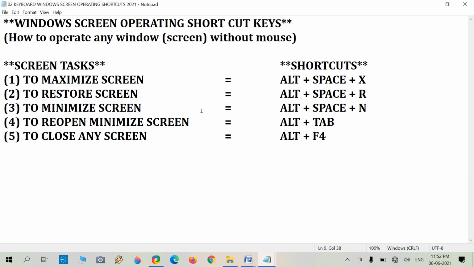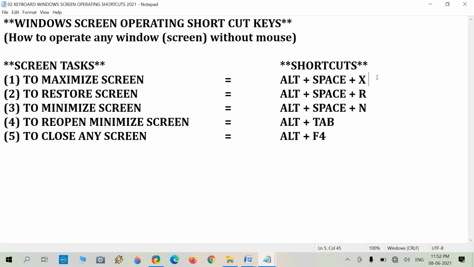If we have to operate any screen, like minimize, maximize, restore or close, after minimizing we can also reopen the minimized screen, and at the last, close the screen.